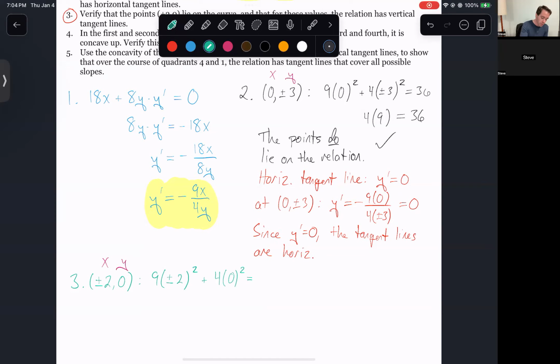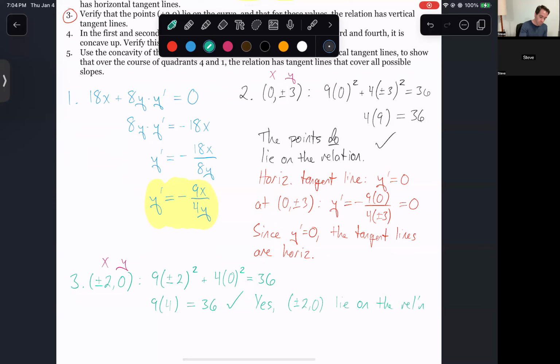Is this equal to 36? That's the question. Well, plus or minus 2, square either of them and you get 4. So 9 times 4 equals, 4 times 0 is 0, so that goes away, equals 36. And it is true, so yes, plus or minus 2 comma 0 lie on